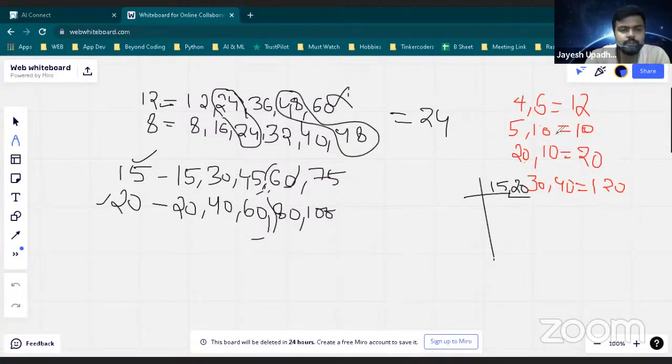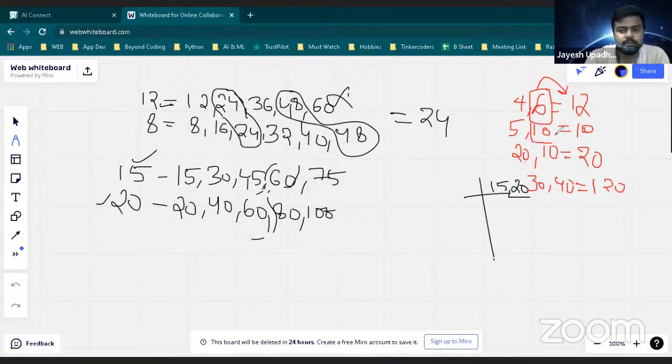So the conclusion is this: if you see 4 and 6, we are always getting the highest number. Whatever is the highest number from both, we're getting that number, or more. This is the conclusion, right?